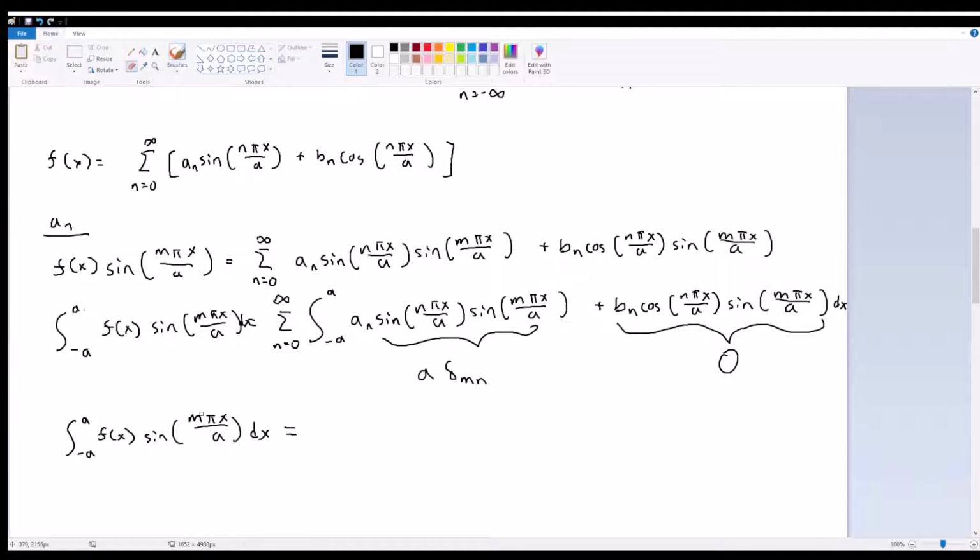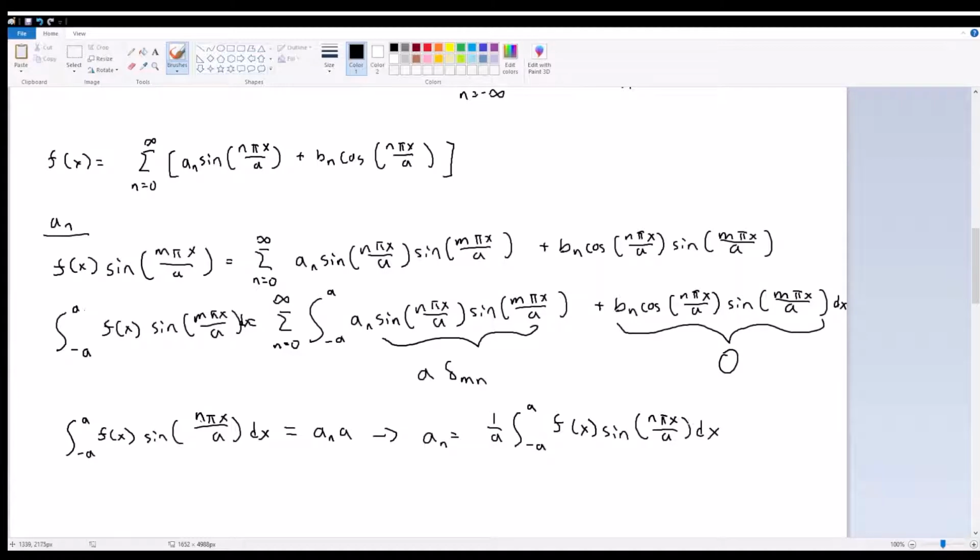So we can replace m with n, because m now equals n. Then the summation disappears because there's only one term, and this is going to be a n times a. We isolate a n, and this gives us that a n is equal to 1 over a times the integral from negative a to a of f of x times sine of n pi x over a